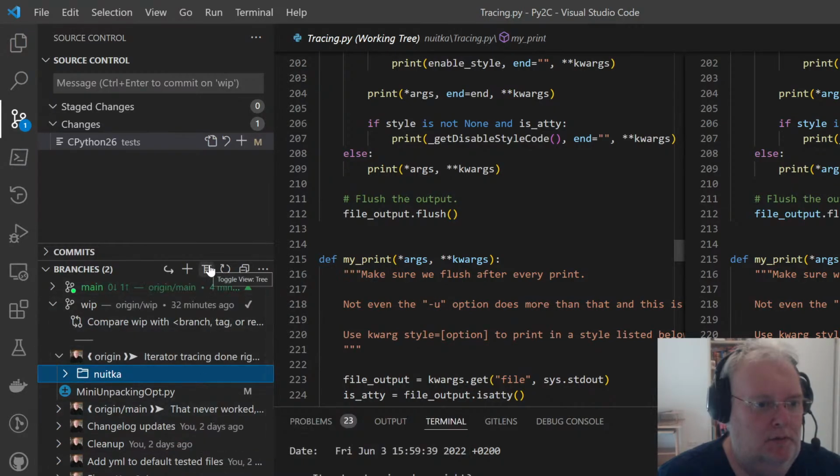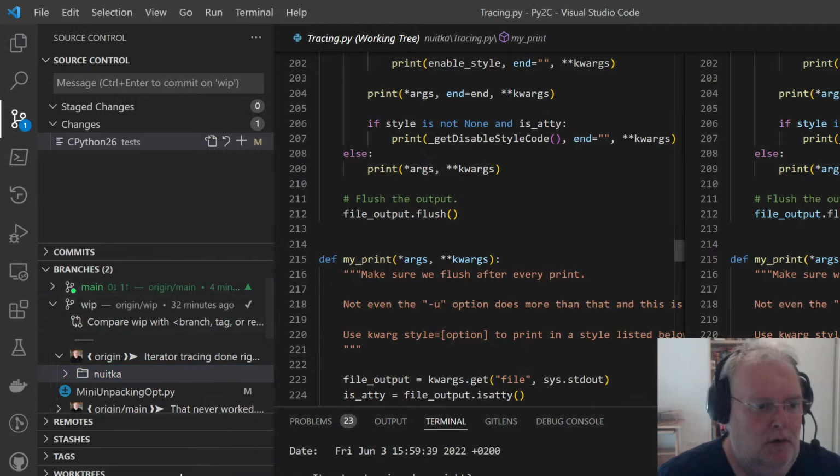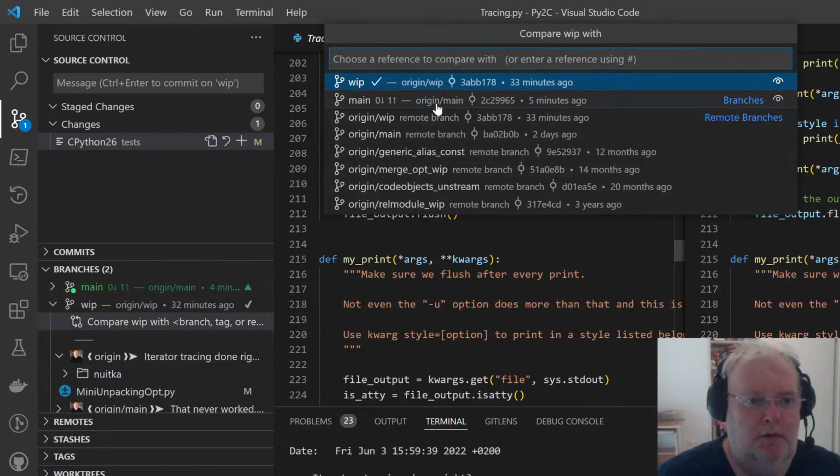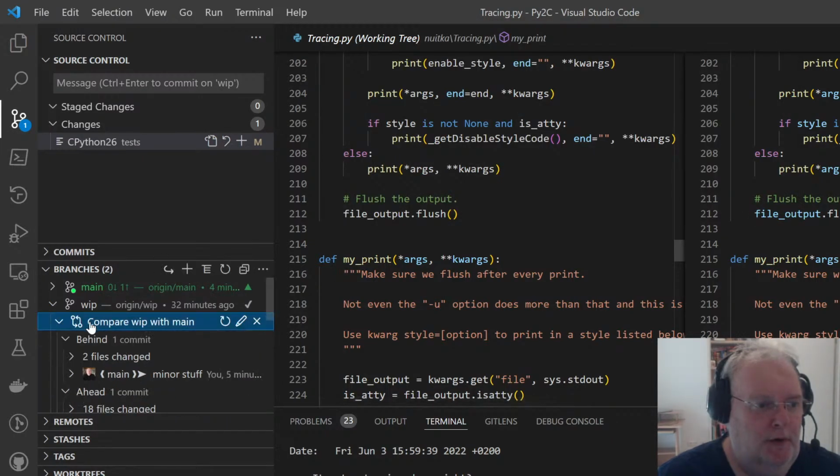Wasn't it so that you can compare branch? Yeah, but the working tree is not the right one. Ah, yeah, compare with main.